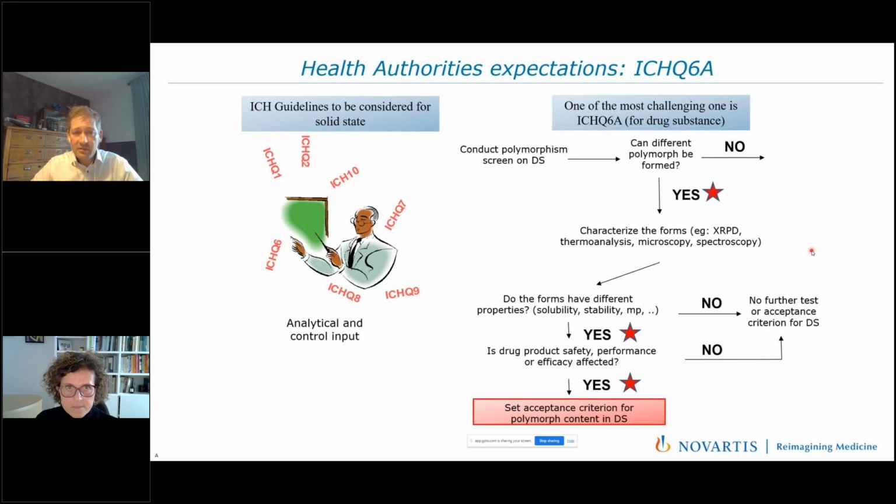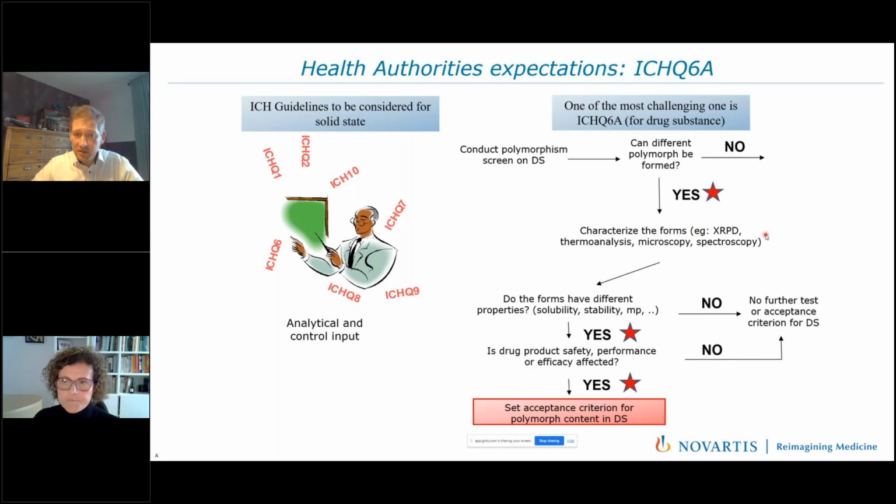As I've been mentioning before, all these things are described in the ICH guidelines. If you are talking about solid forms, we are mostly focusing on Q6A, and the expectations from health authorities are clearly depicted. So we need to conduct some polymorphism screening and come to a conclusion whether different crystalline forms exist or not. If yes, we need to characterize them